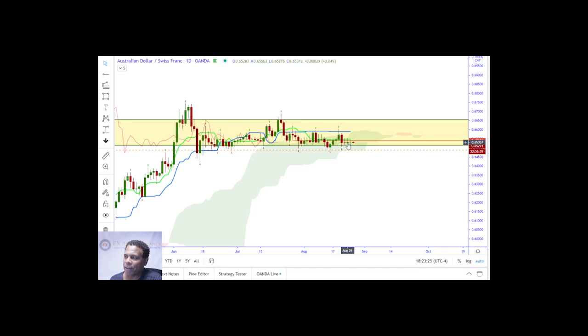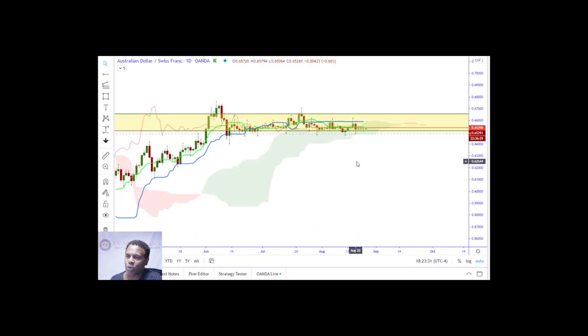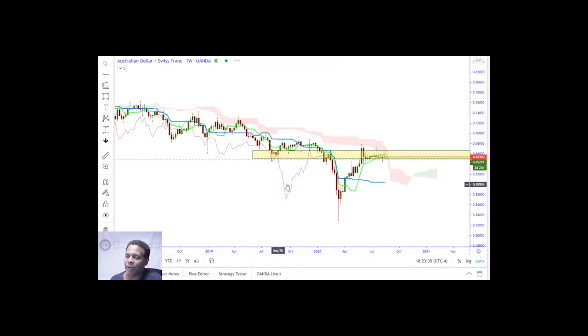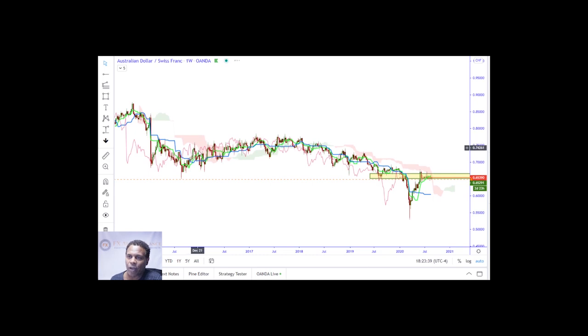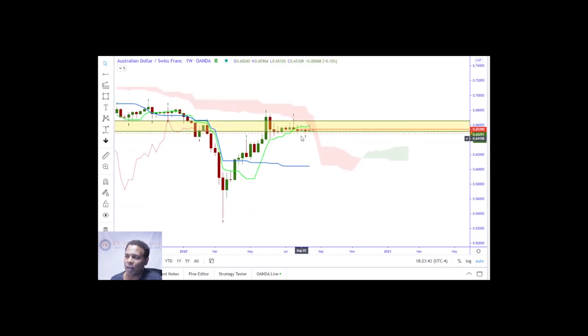Now I'm looking for the market to violate this lower point. That's why I have an alert right here. Because if it violates this lower point, then we're going to see this thing drop for a little bit. Because again, what did we have here on this weekly time frame? We got a big C clamp, big distance. You don't see that on the charts, guys. It's a big sign for you. It's a terrible thing to be going long at this point. Or if anything, just sit still. But I would prefer to go short once we violate this level